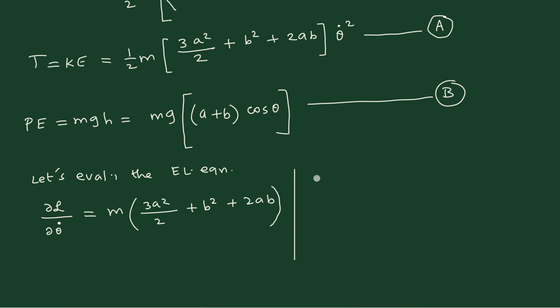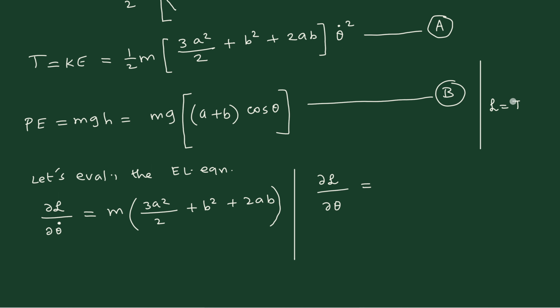The second derivative, ∂L/∂θ, we'll have to calculate. So that is equal to, this is a cos θ term, and you have to be careful in evaluating. Now I want to know whether it is a minus value or plus value. So you have to be careful. By that what I mean is